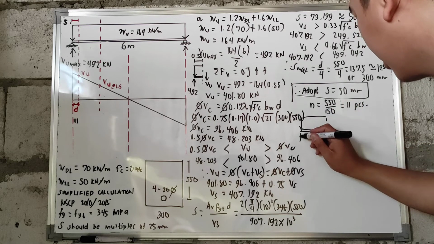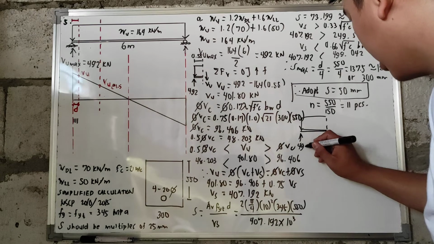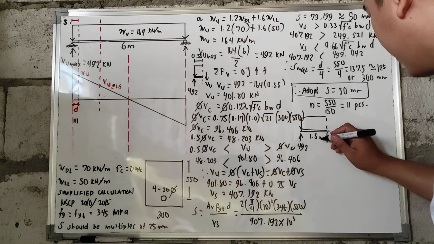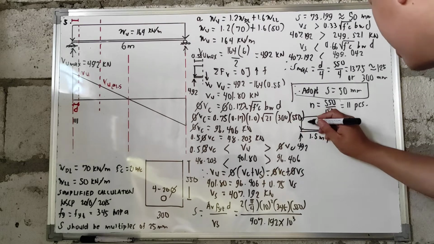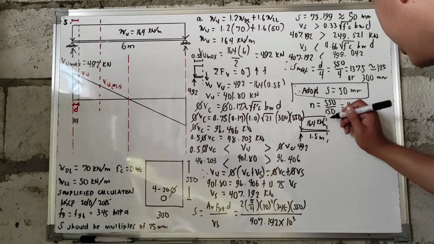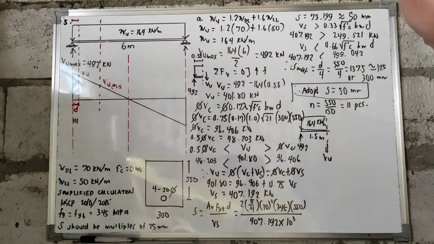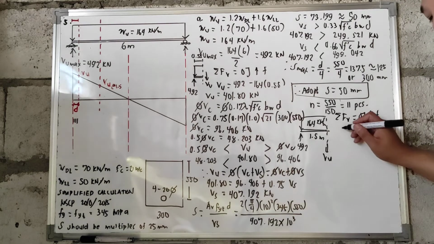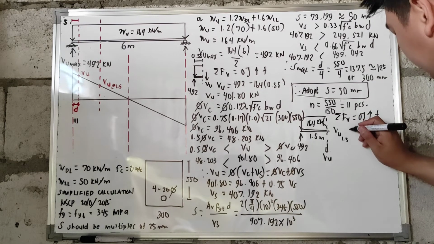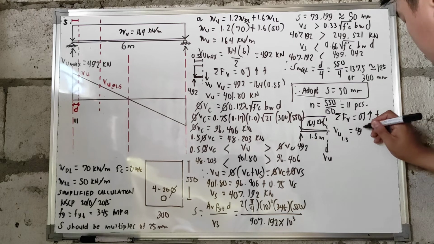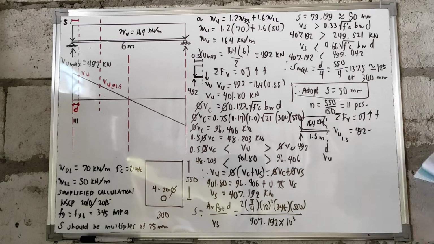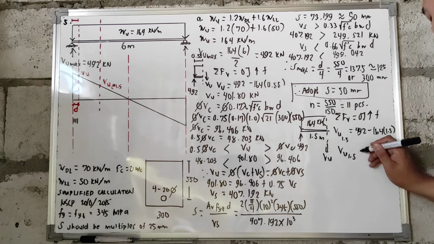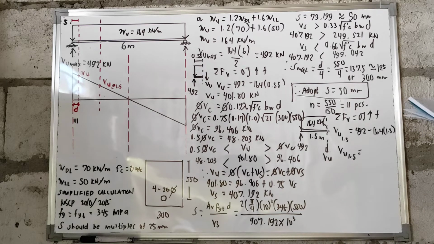So, meron tayo dito na force na 492 kilonewton. Tapos yung distance is 1.5 meter. And then meron tayong uniformly distributed load na 164 kN per meter. Hahanapin lang natin yung value ng V sub U natin. So we're going to summation forces vertical, upward positive. So para makuha natin yung VU natin at 1.5, that is equal to 492 minus yung pababa natin na load na 164 multiplied by 1.5. So yung VU natin at 1.5 distance, that is equal to 246